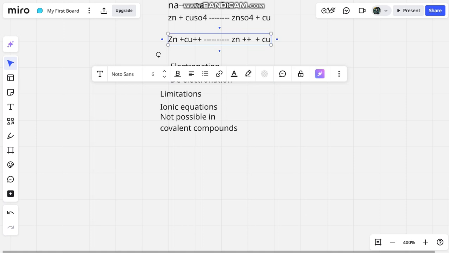In the next video we're going to be looking at oxidation number, but for now this is the end. I hope you guys revise this electronic concept. It's very easy if you have understood the basics, right? So we're going to be looking at oxidation number next, and I hope you guys stay